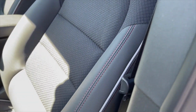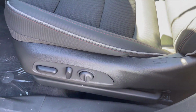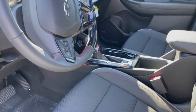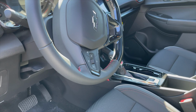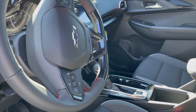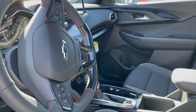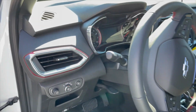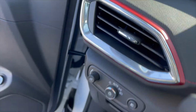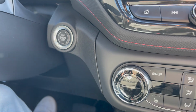If we're going to talk interiors, let's talk about the RS model first. You have this cloth power driver seat with contrast piping, lumbar support. You have a flat bottom steering wheel with perforated leather and a gloss black insert at the bottom, black bow tie, and then soft touch plastic for the buttons. When you step inside, as I'll do now, you're going to be greeted with push button start,